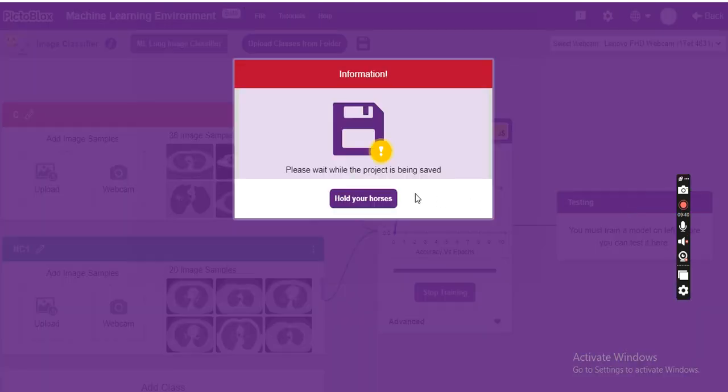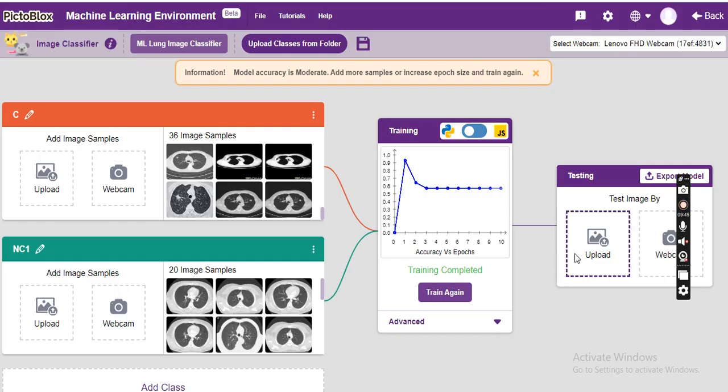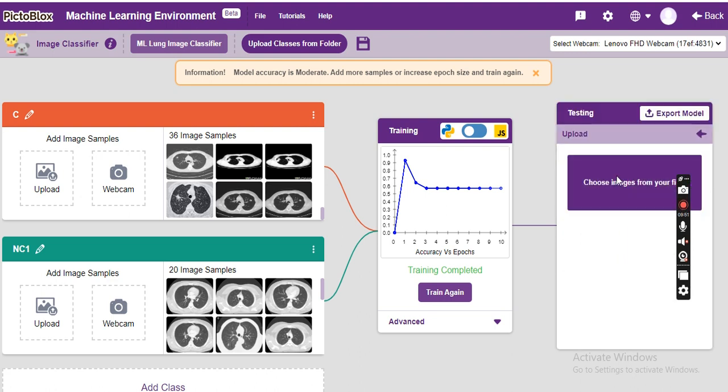So we're almost done. It's asking us to please wait while the project is being saved. So this is done. Training is completed. So now test image. As I said before, in the testing part, we need to take the images